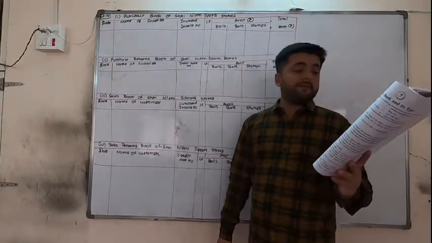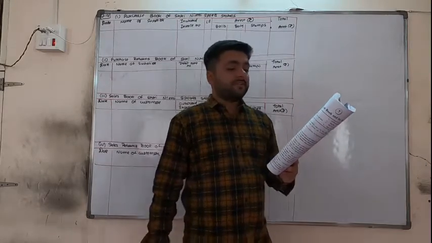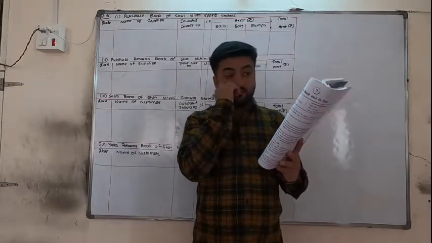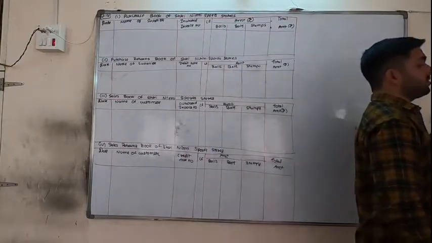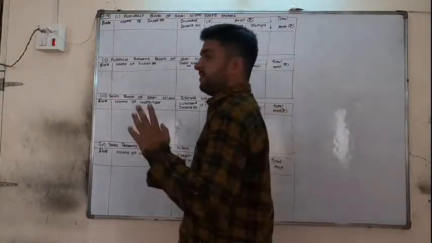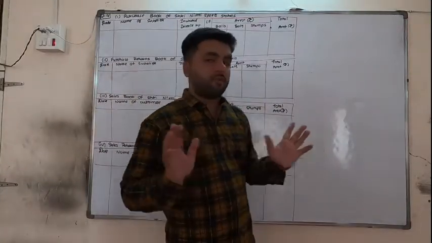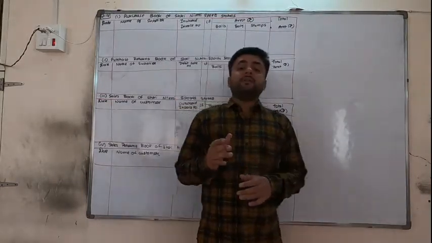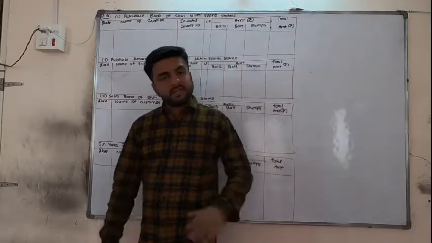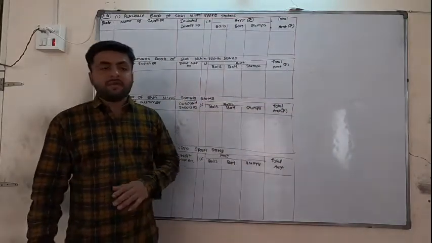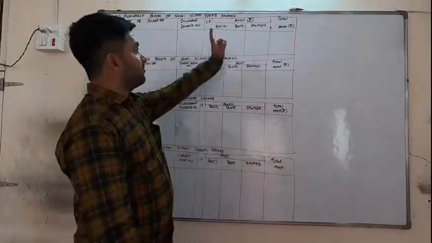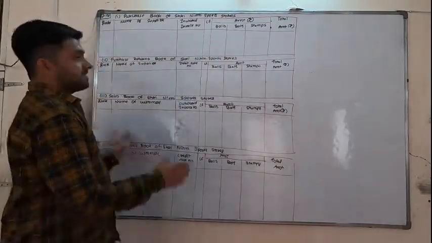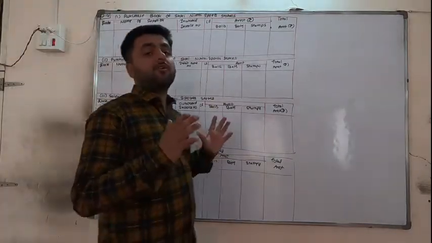So friends, we will read the 14th sum. Prepare columnar subsidiary books, that is purchase book, sales book, purchase returns book and sales returns book in the books of Nirmi Sports Stores. In the heading itself they are telling us to prepare columnar books, so now you have to compulsorily prepare columnar, but the columns of goods are not given. In each sum they give them, but in this sum they are not given. But if you read the sum, we can know that the types of goods are balls, bats and stumps.